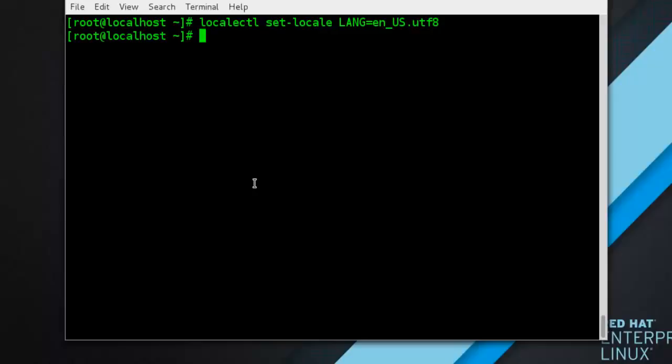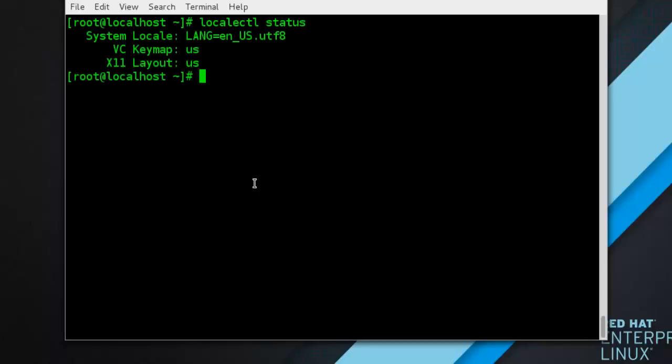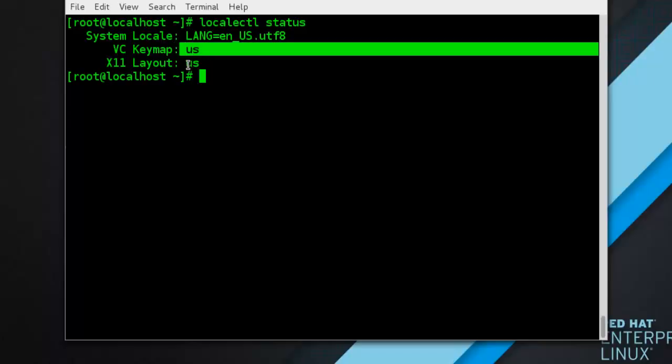Now we move to the next topic, changing the keyboard layout. The keyboard layout settings enable the user to control the layout used on the text console and graphical user interface. So start with displaying the current settings. As mentioned before, you can check your current keyboard layout configuration with the following command: localectl status, and you can also see the default locale here. In the following output you can see the keyboard layout configured for the virtual console and for the X Window System. You can see here both.